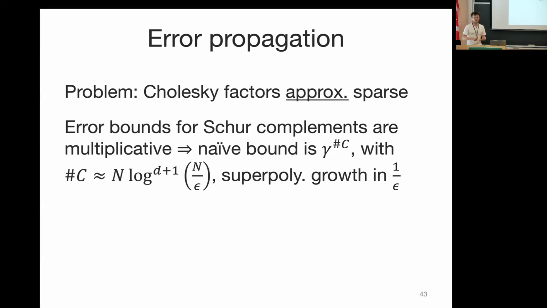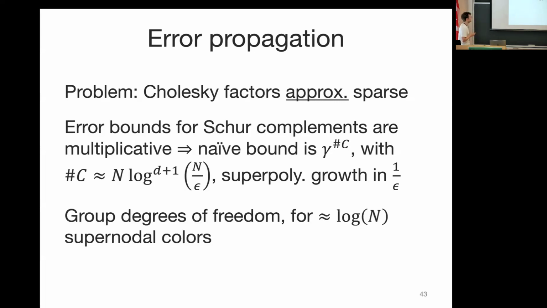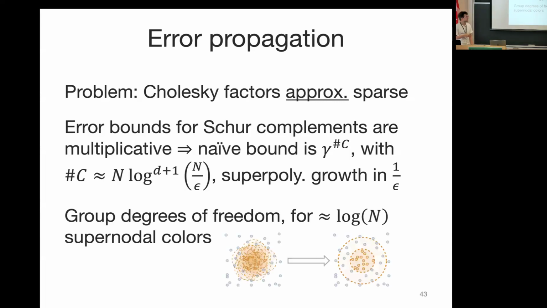And that would offset all this nice exponential decay that we have as we're increasing the factor rho. And so the trick really is that we are grouping degrees of freedom. So instead of